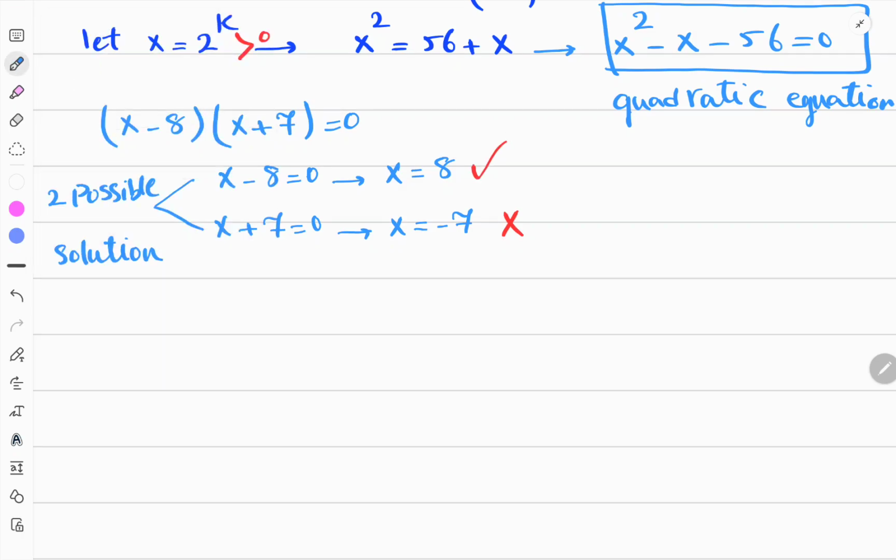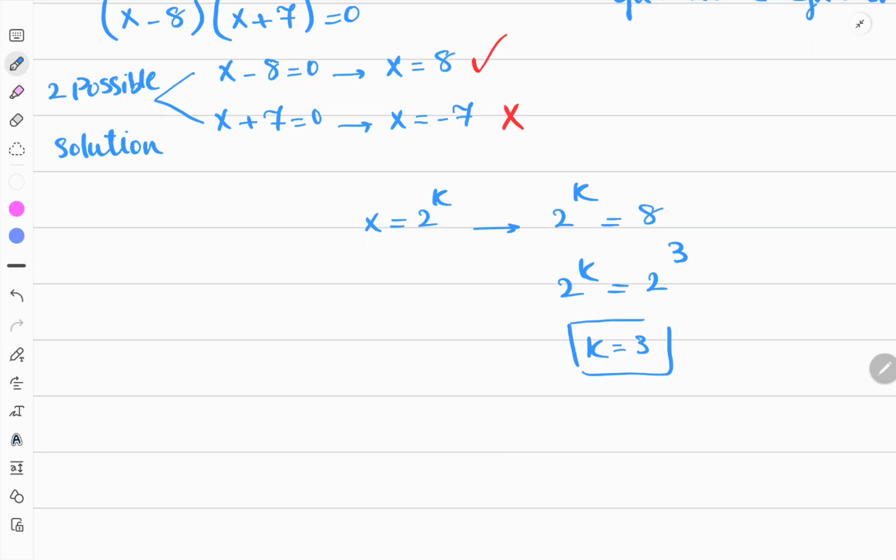And the last step is that x is 2 to the power of k. So 2 to the k would be 8, and 8 is 2 cubed, so k is 3,